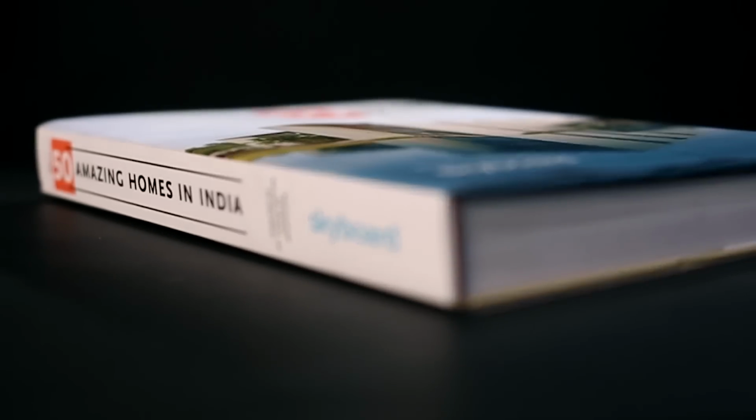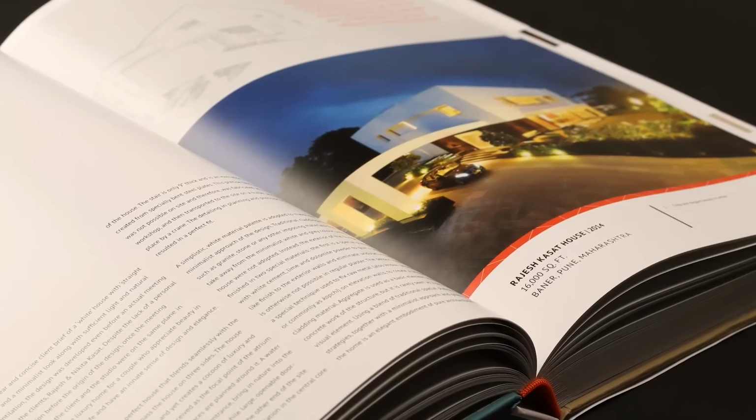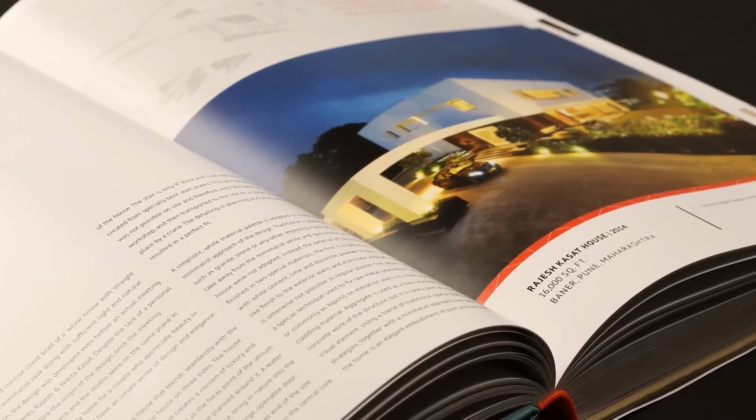50 Amazing Homes is a book published by Skyboard, which is its first step towards achieving its vision of showcasing beautiful Indian architecture to the world. It's a 464-page hardbound book that showcases 50 homes across 482 images and 100 plans. You get to see houses of varied sizes and shapes, ranging from 2,500 square feet to as large as 25,000 square feet. One home per architect is featured in the book,